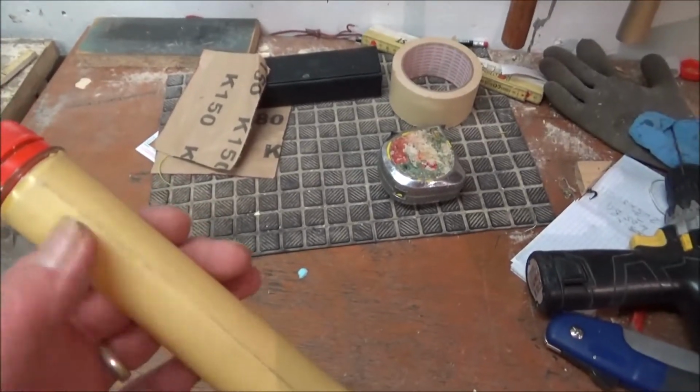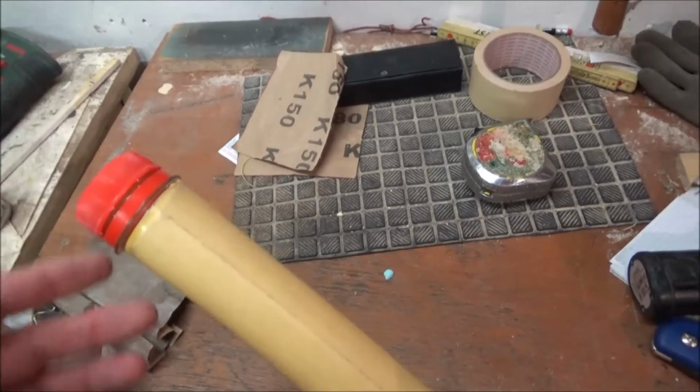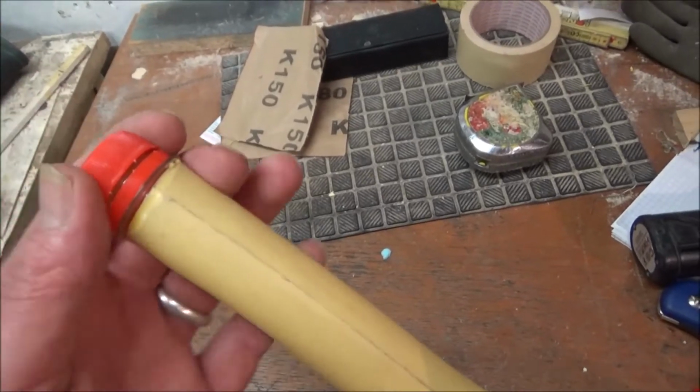I mean, it's hard to get anything to stick to this stuff. Maybe super glue would do it, you know what I mean? But like I say, it's not going to be in contact with water that much. It's not like it's going to be poisonous, you know what I'm saying? So,